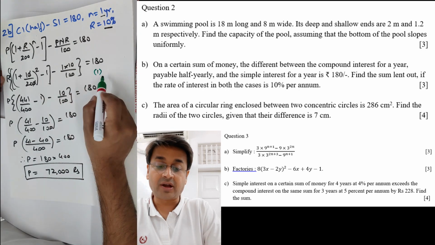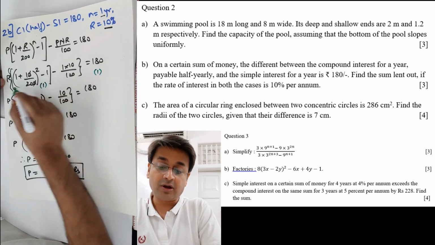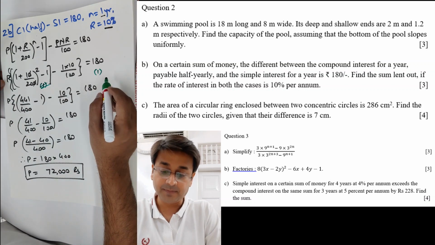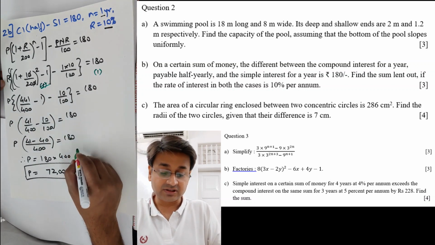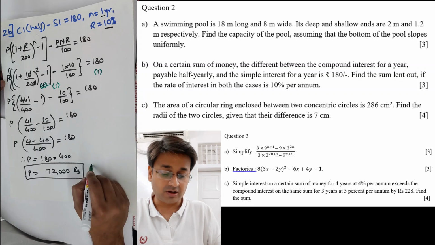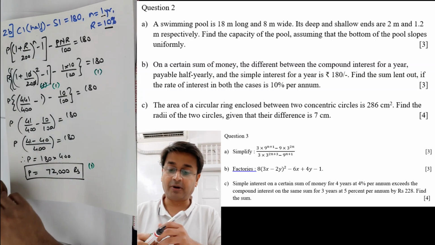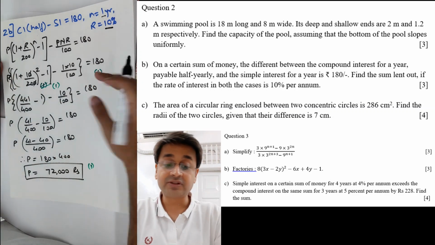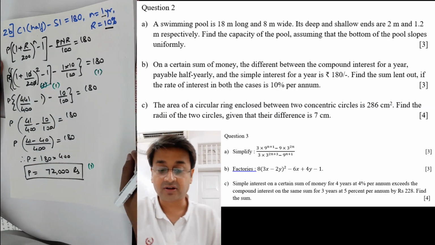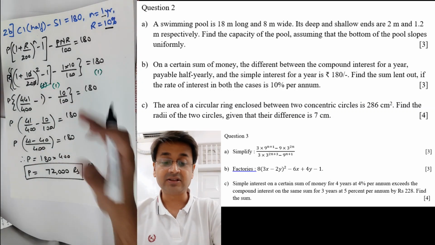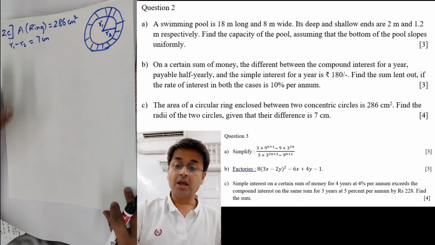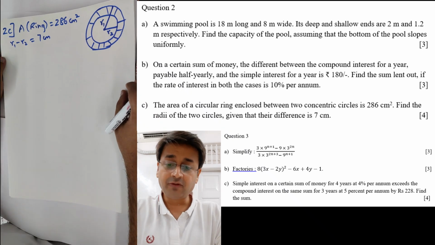First 1 mark when you write the whole thing, and one more 1 mark when you write this part correct. Or you can give only 1 mark for the whole thing maybe. And then later on when you at least reach, I think here only 2 marks you deserve and 1 mark for the final part. So 1 mark if the LHS is correct, 1 mark RHS obviously, which you are going to do. So 1 mark straight away you get, even if you do not write anything, just equal to 180, and 1 for 72,000.